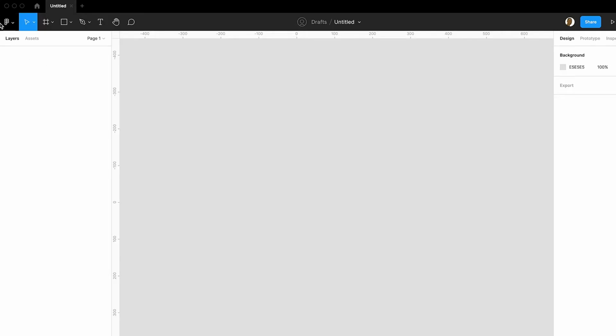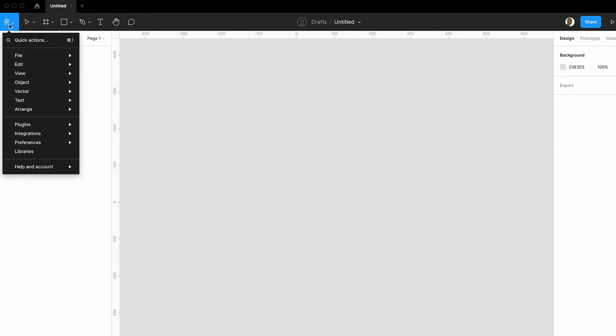In this episode we are going to talk about one of the most powerful UI UX design tools, which is Figma. So in this first section we are going to cover the interface of Figma. So let's get started. On this top left corner you have the general menu, the main menu, which is